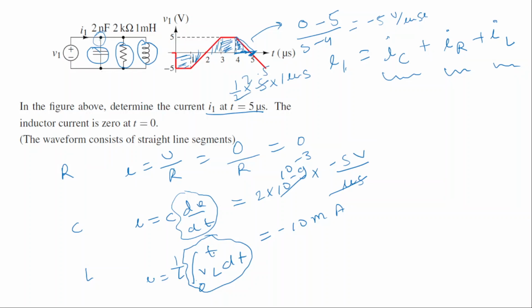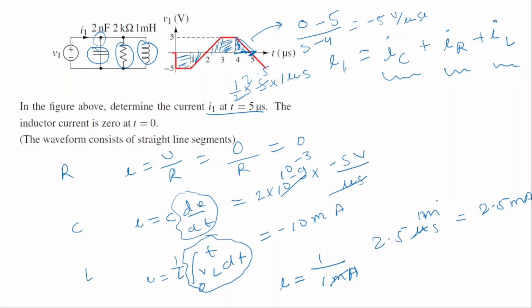Okay, so now let's just put the current in this equation. So I equals 1 by L. L is 1 millihenry. And then this integral value is 2.5 in the micro unit. So this milli cancels with this micro, this unit will get cancelled. So we get the current finally as 2.5 milliampere.